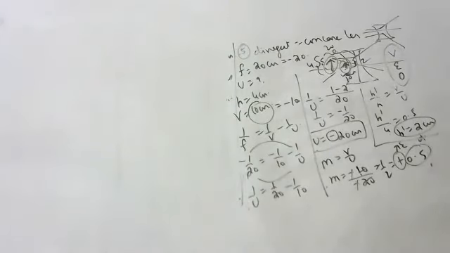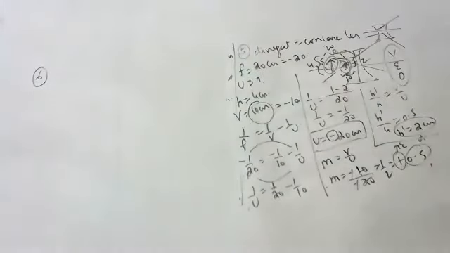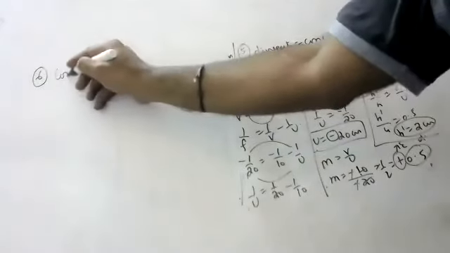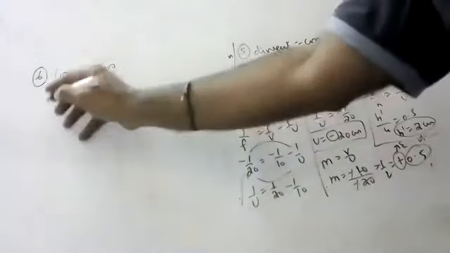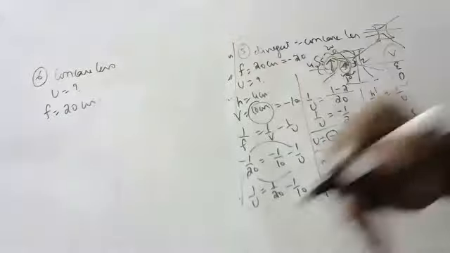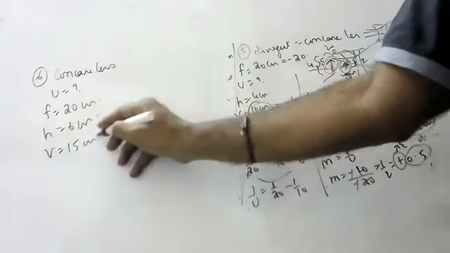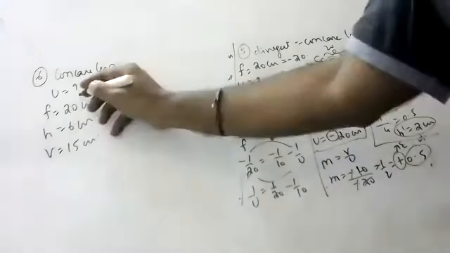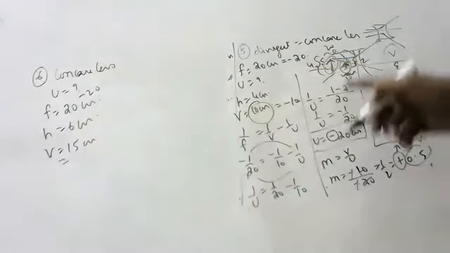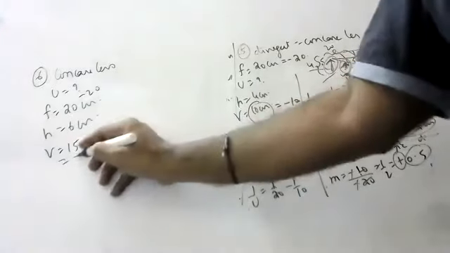Okay, so the next one is like this, children. What is the question? They're saying, at what distance from a concave lens? It is asking object distance. Of a focal length 20 centimeter, a 6 centimeter tall object should be kept so that it forms an image at 15 centimeters. Girls, anyone want to say this one? Concave lens, minus 20. And see, children, in a concave lens the object and image are on the same side, so that's why you should take minus 15.